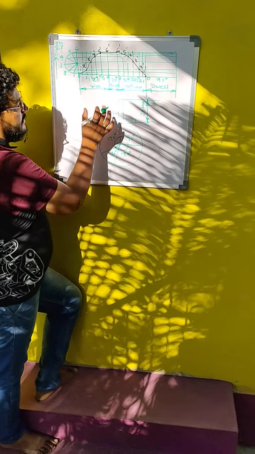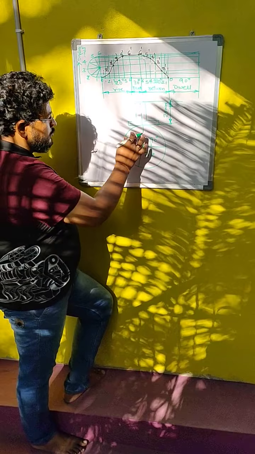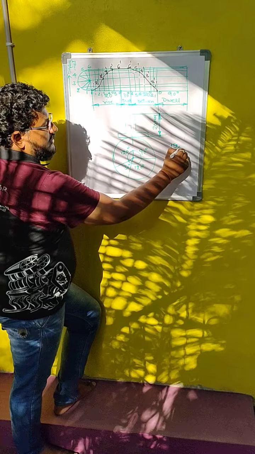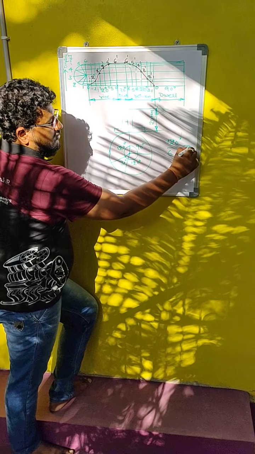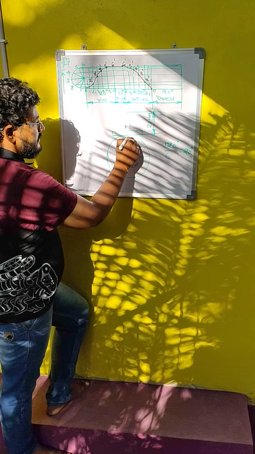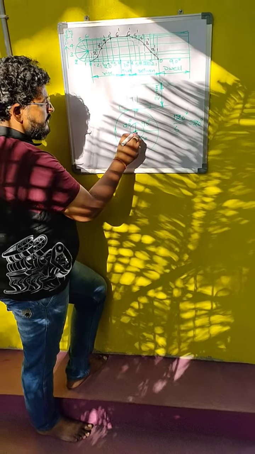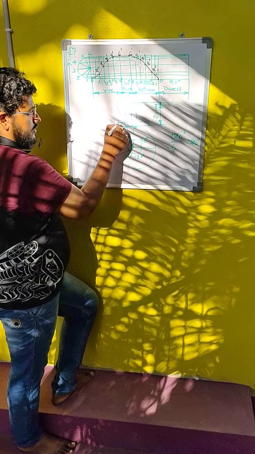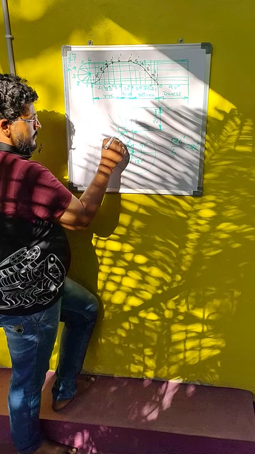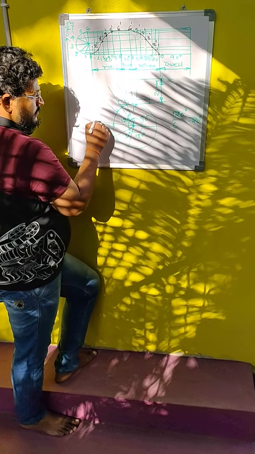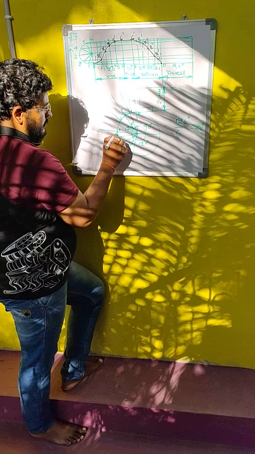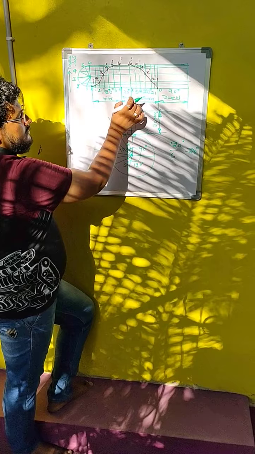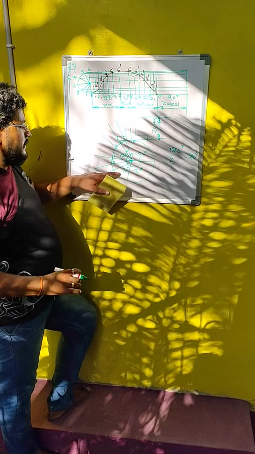And here rise period is divided into 6 equal parts. Therefore, this 120 degrees is also to be divided into 6 equal parts. That means 120 degrees divided by 6 means each part should be of 20 degrees. Let us assume this point as 0. From here, for each 20 degrees, mark the points 1, 2, 3, 5, and this is the 6th point. As usual, dwell period has no equal parts, therefore let us leave the dwell period.